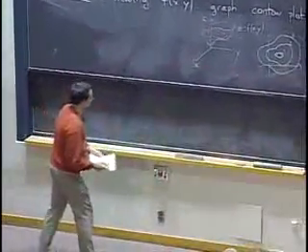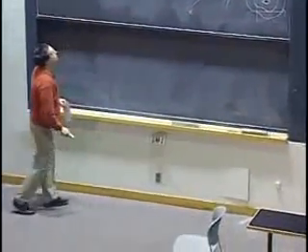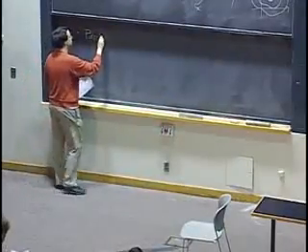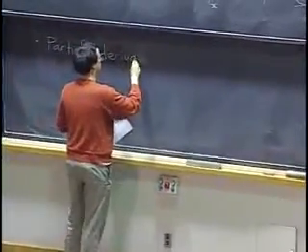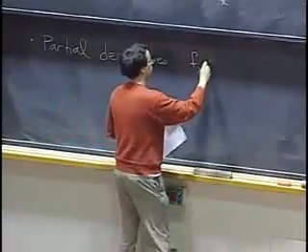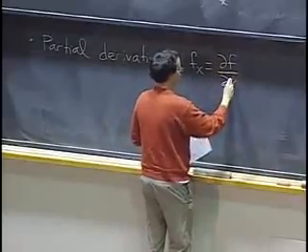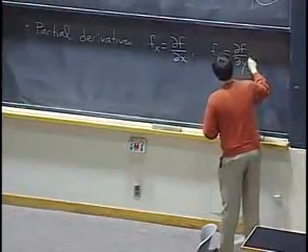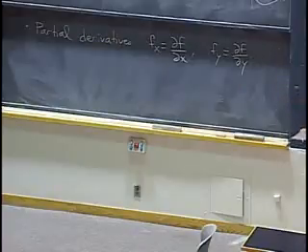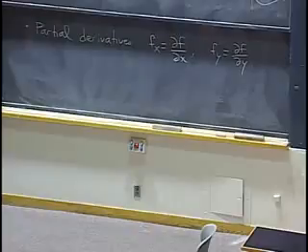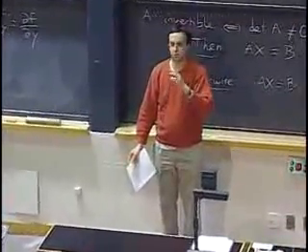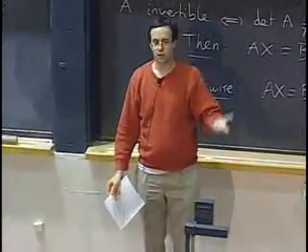So now, the next thing that we've learned about is partial derivatives. So for a function of two variables, there would be two of them. There's f sub x, which is partial f partial x, and f sub y, which is partial f partial y. And in terms of a graph, they correspond to slicing by a plane that's parallel to one of the coordinate planes, so that we either keep x constant or keep y constant. And we look at the slope of the graph to see the rate of change of f with respect to one variable only when we hold the other one constant.